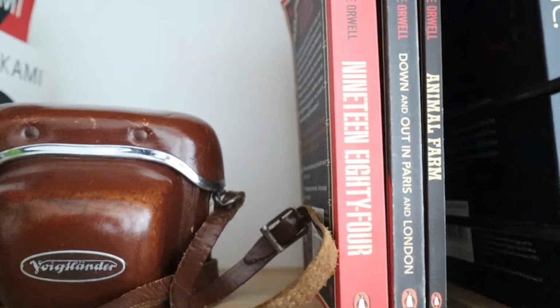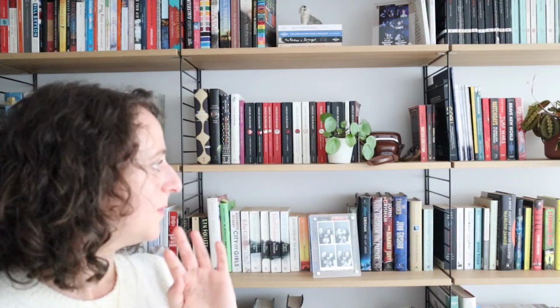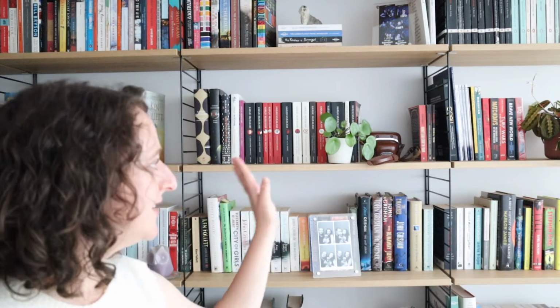Yeah, it's in perfect working condition. I've already shot one roll of film. And then we also have 3 little George Orwell books that are in perfectly great condition. There are some Penguin special editions. We have 1984, Down and Out in Paris and London, which I absolutely love, and Animal Farm, 3 big classics